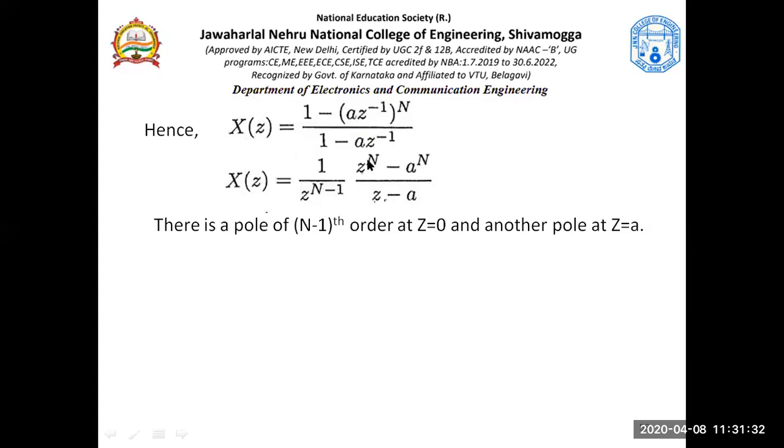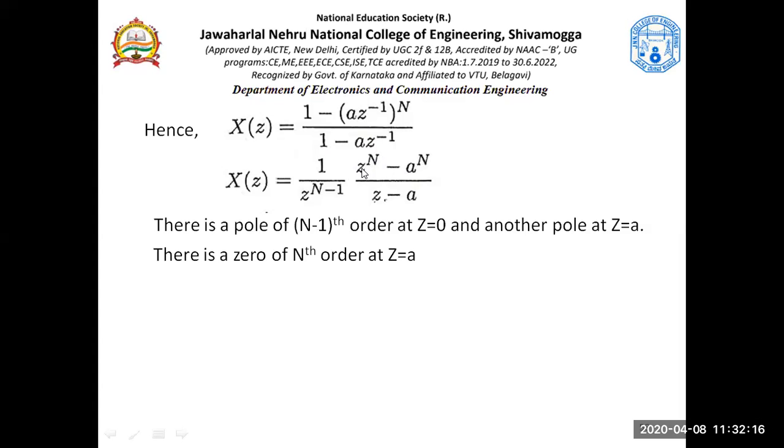Similarly, if you see, this is power of n. Okay, now see, this is power of n, and similarly there is a zero of nth order at z equal to a. If this z becomes a, then what would happen to this x of z? Everybody just observe this. If z becomes a, what would happen to x of z? It would be a power n minus a power n, right? So that a power n minus a power n would make x of z zero. That means the value of z which makes x of z zero is a zero.